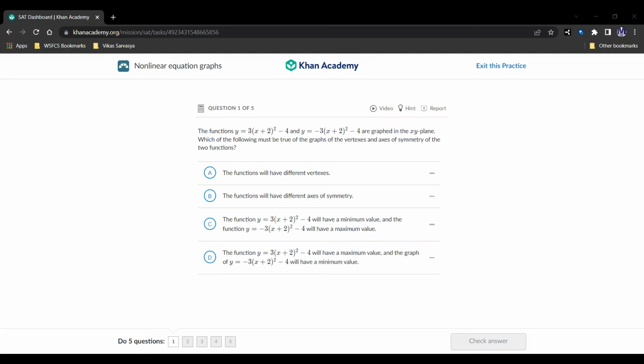Hello and welcome. Today we're going to be looking at nonlinear equation graphs as part of the Passport to Advanced Mathematics, where we apply the skills we learned in the Heart of Algebra. As always, we're going to be going through 5 questions. We're going to explain them, and we're going to look at their intricacies so that you can ace the SAT